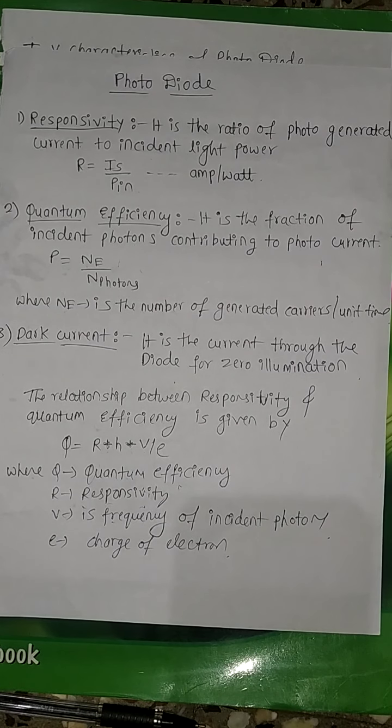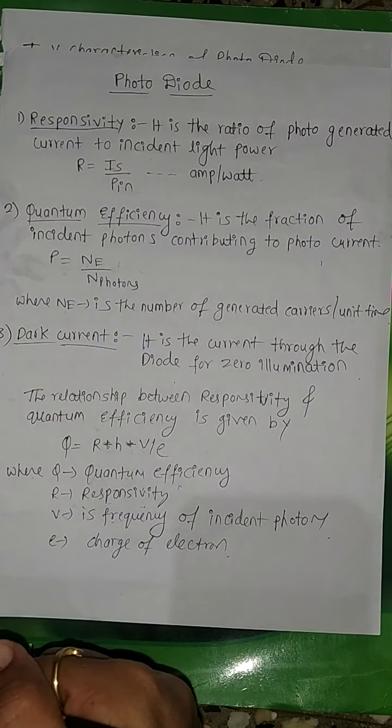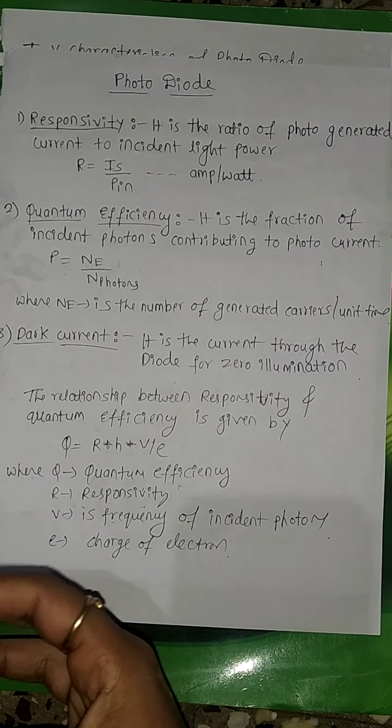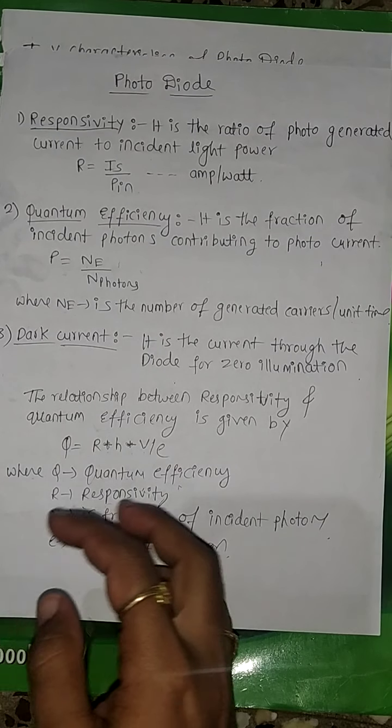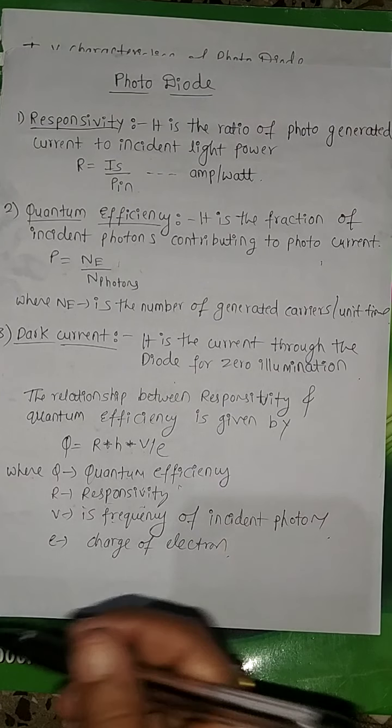Whatever we studied in the photodiode, they will ask for 10 marks. For 10 marks they will ask you to give the definition, symbol, construction, operation, IV characteristics, and also the applications of the photodiode. So what you should tell: a photodiode is a semiconductor device which converts light energy into electrical energy, meaning from the incident light it will produce current. And for the symbol, I already said, you show the symbol with the 2 arrow marks.